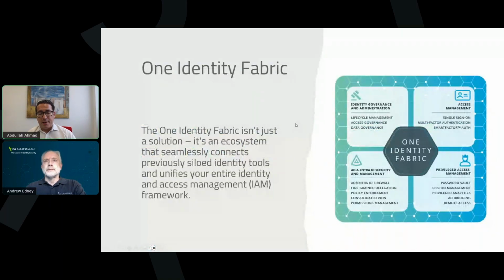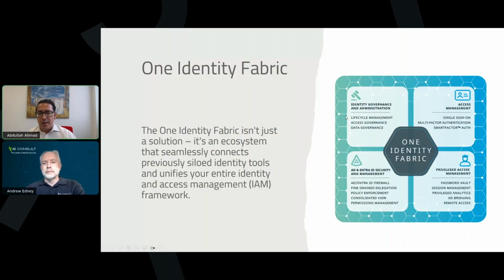Who has been in the last session? Our colleagues Stefan and Oliver have already explained how our identity fabric works. So here, just a quick review. It is an ecosystem that seamlessly connects all our solutions.